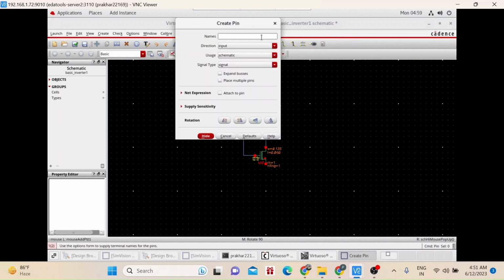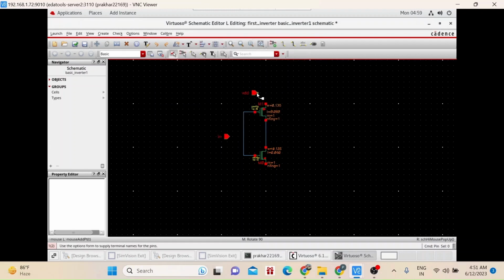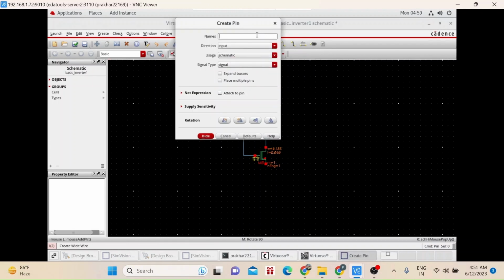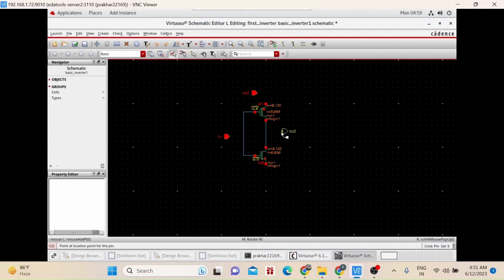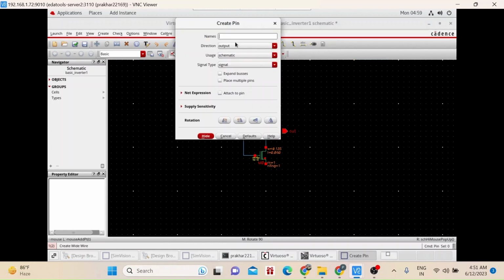Similarly other ports also, let me fix it. For out you have to choose the direction as output, and for ground choose the direction as input output and signal as ground, and then hide again.